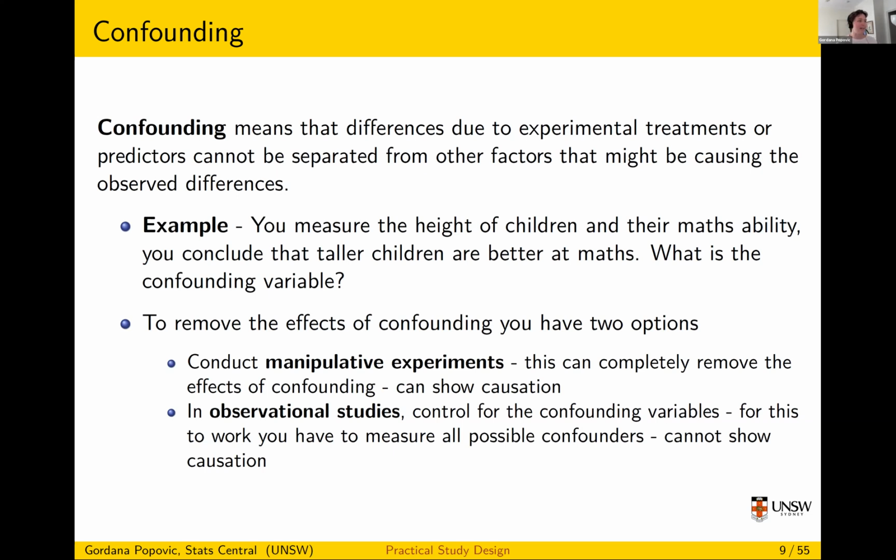Excellent. Awesome. Age. Exactly. So older children are taller, because that's how life works until you're very old. And also older children have gone to school for longer and learned more maths, so they're going to be better at maths. So it's not that the height is making them better at maths. It's just that height is incidental to age, and being better at maths is something that comes with age. And so there's this confounding variable, which if you didn't take into account, you would conclude that height is important for maths ability.